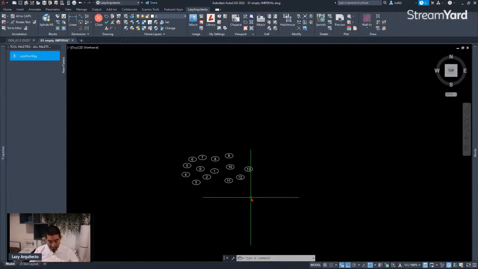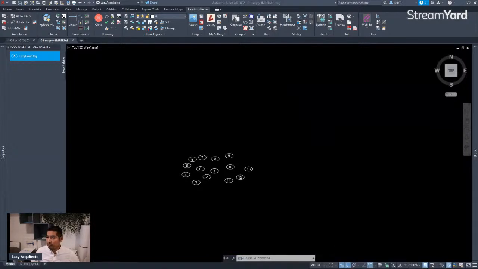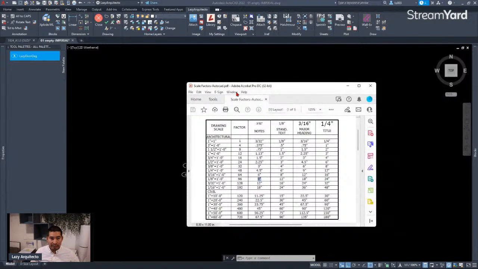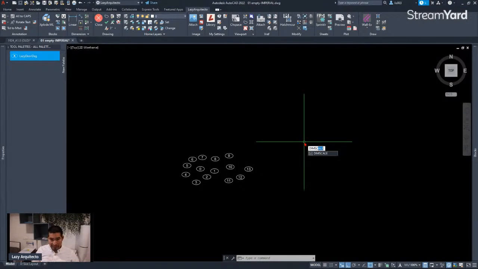But at this point, whenever my client needed to insert this block now, if he's setting his block to 1/8, he knew that the scale factor was 96. So that's the number that we're gonna need for the dim scale. So if we set the dim scale to 96,